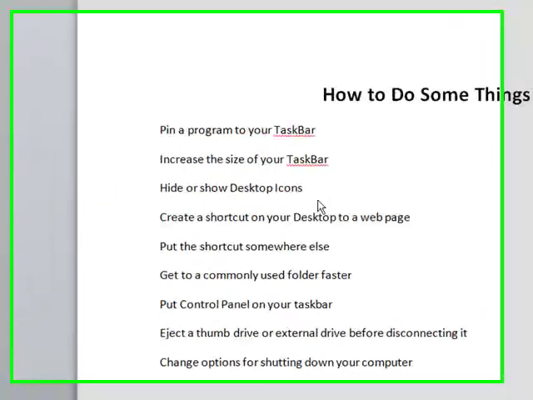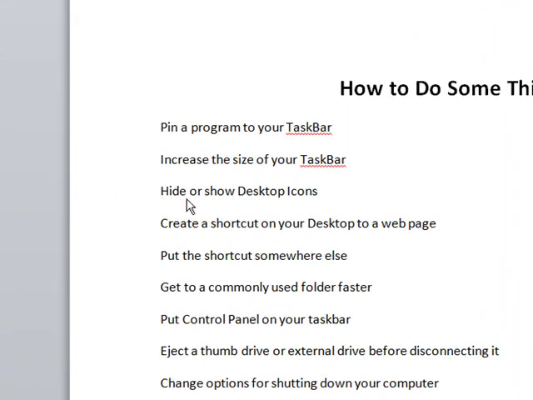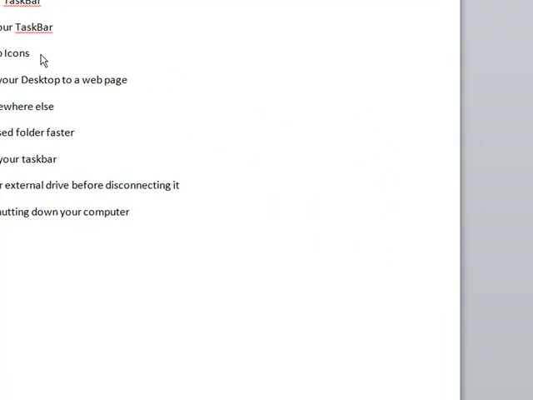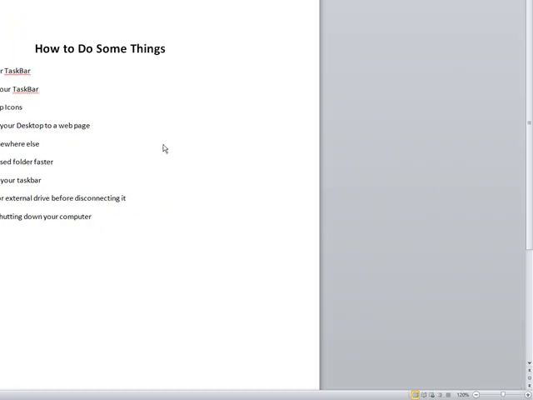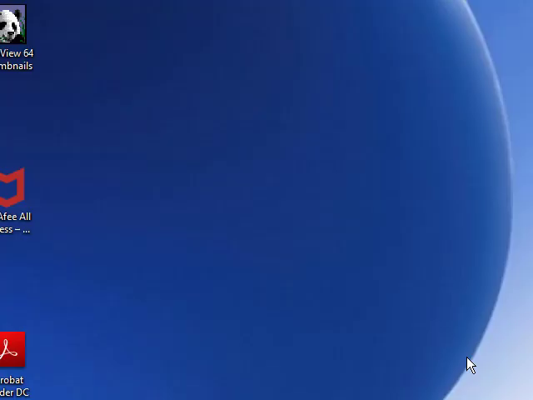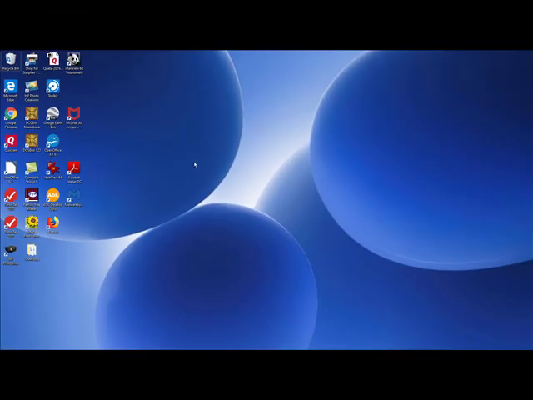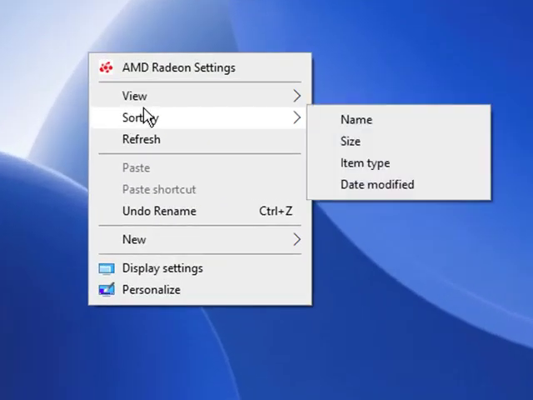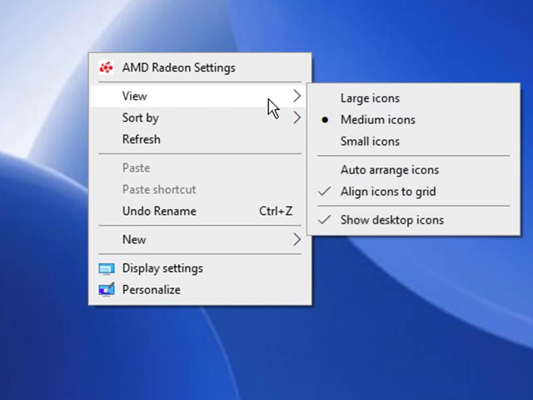Next, how to hide or show desktop icons. Well, first of all, you show your desktop, which you can do by bringing your mouse all the way down here to the lower right corner, or if that doesn't work, you can hold down your Windows key and type a D. That brings up your desktop,